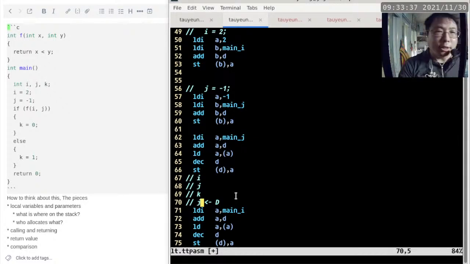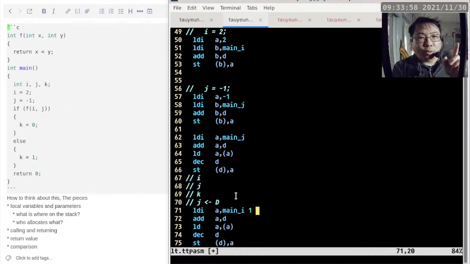The return address is not here yet. Okay, so when we need to compute the location of I, it is no longer just 2 bytes away from where the stack pointer points to. It is now 3 bytes away from where the stack pointer points to, meaning that I need to do something like this. So the 1 plus is here to adjust for the extra item that we just pushed on the